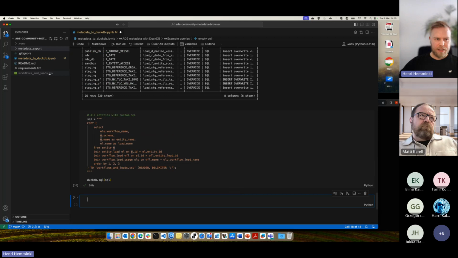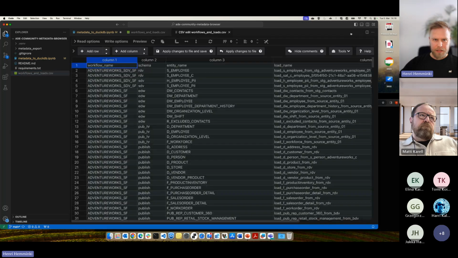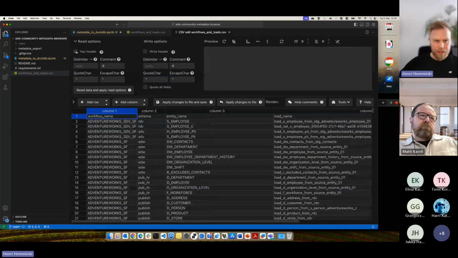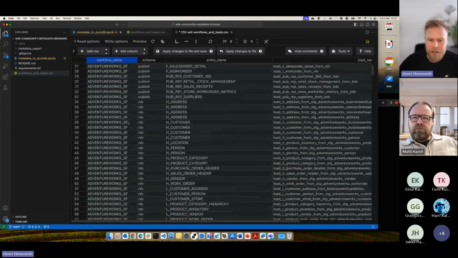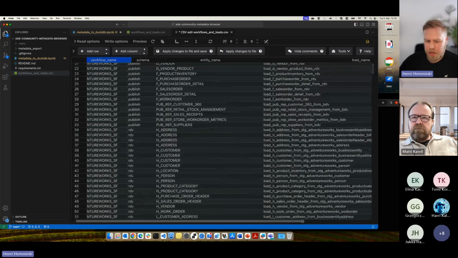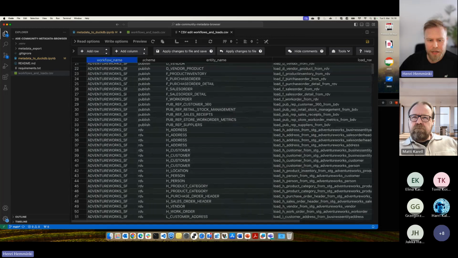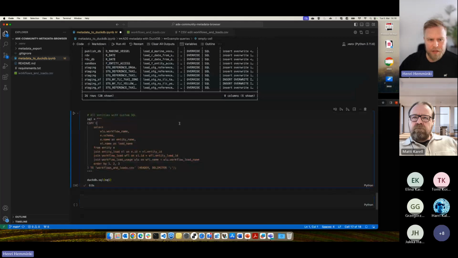It generated the CSV, and I have this plugin installed so I can check the CSV. Now we have all the DAGs, all the entities in those DAGs, and all the loads in those DAGs.